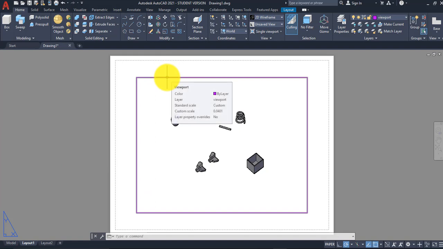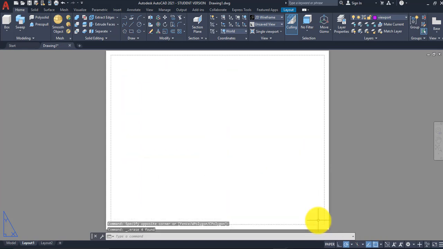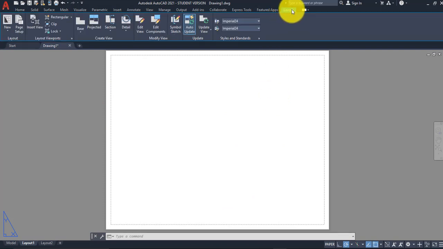If it wasn't on the viewport layer and it was on layer 0, we want to make sure we create a viewport layer that's a no plot layer, because we don't want the boxes to show during our printing. Get rid of that original viewport, so you're back here with just a sheet of paper. At the top right corner, we'll click on layout, not layout 1 at the bottom left, but at the top right,